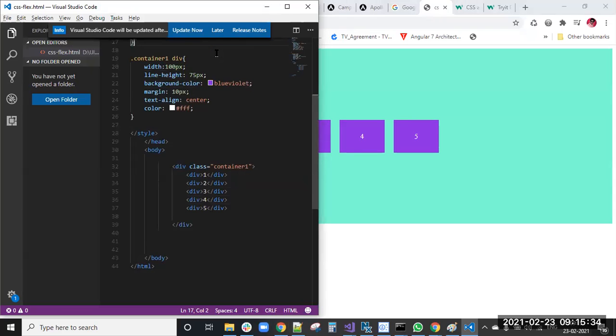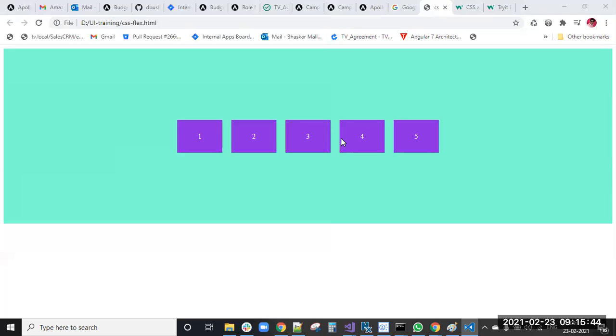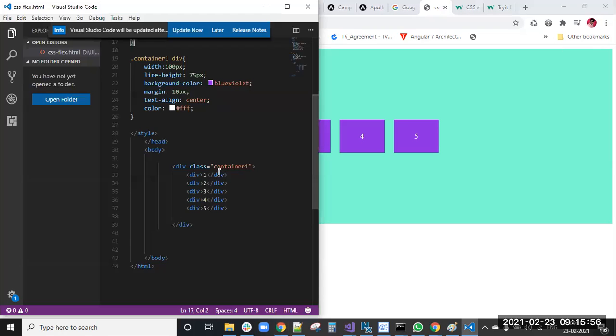Actually, I have designed this. Suddenly, I got a requirement from the client that you can interchange the items. I want the fourth item at the first place, the first item at the fifth place, the second item at the third place, and the third item at the fifth place. So like this, I got a requirement from the client. So in this direction,